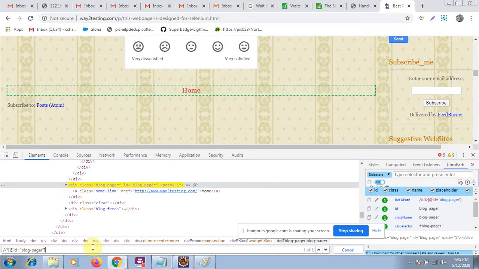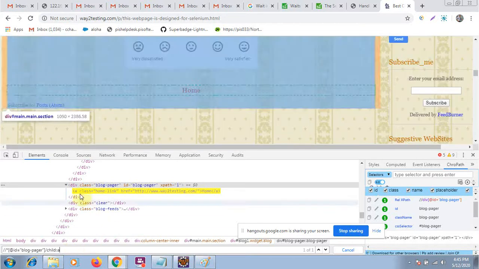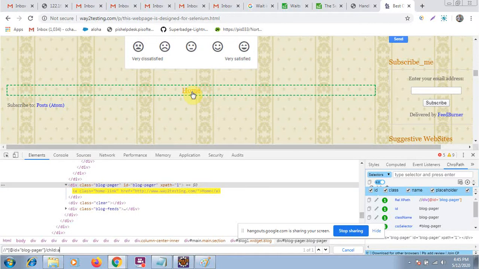Now suppose that I want to move to the child. We know that the child is the anchor tag A. So simply I will say slash, find the child of this one which has the anchor tag A. Okay, so you can see this has been found, this row has been highlighted. This is a very simple concept.